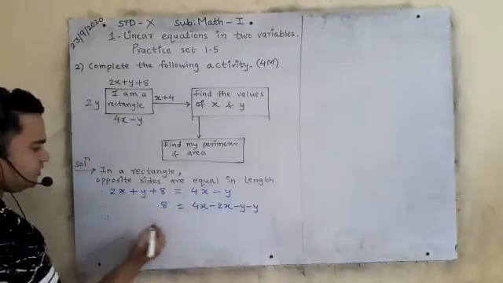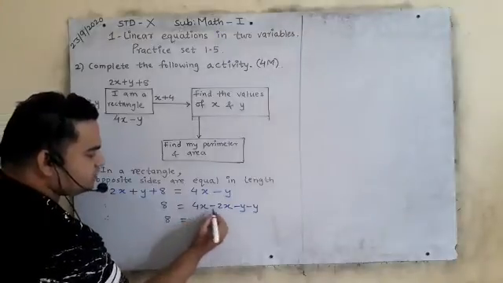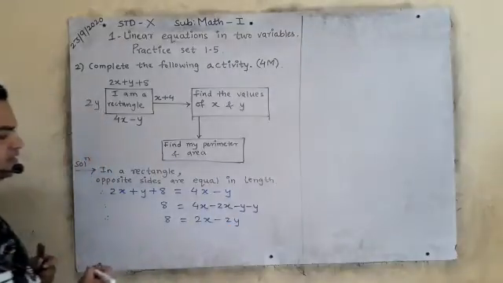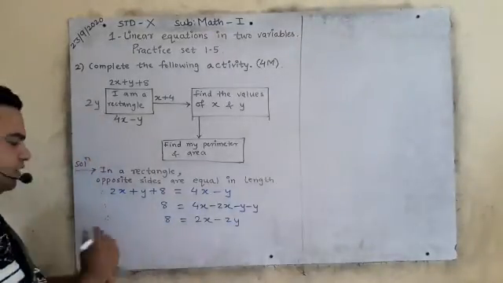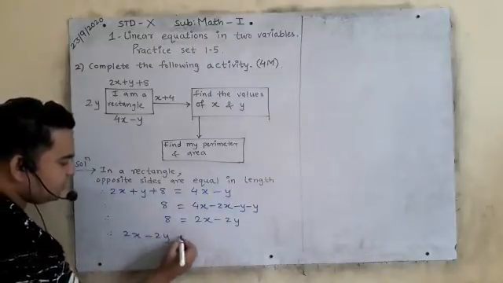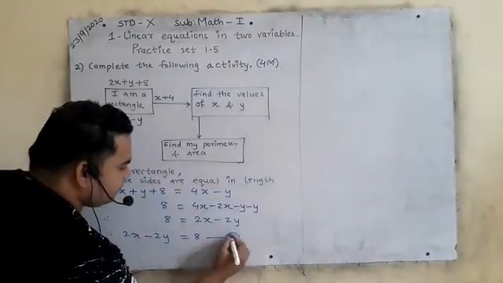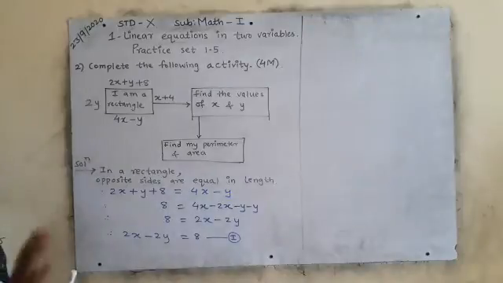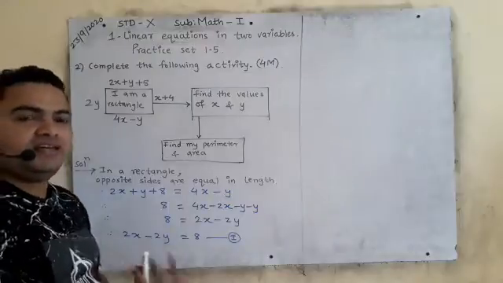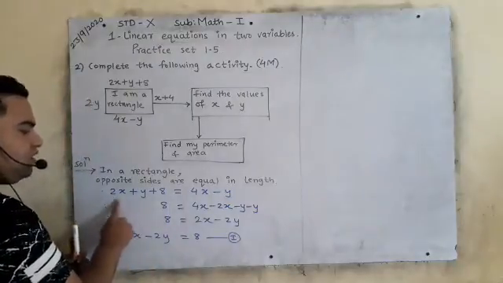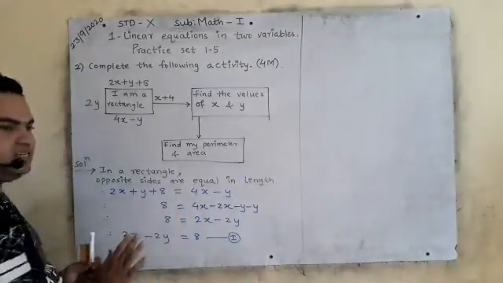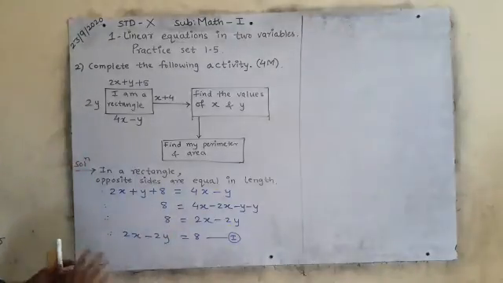Now we have to solve this. This is 8. Now this is 4x minus 2x, 2x. Minus y, minus 2y. Is it clear? Now make this equation properly. Therefore 2x minus 2y is equal to 8. I will write this as the first equation. I hope you understood how to solve. As I have said, always keep the x variable positive. Don't make it negative, don't make it hard, make it easy. So this 2x, which is smaller, will go to the bigger side. This y also will go to that side, and only 8 is a constant term, so it will be here. This is how I will make it easy.